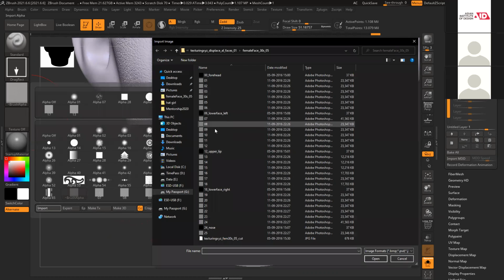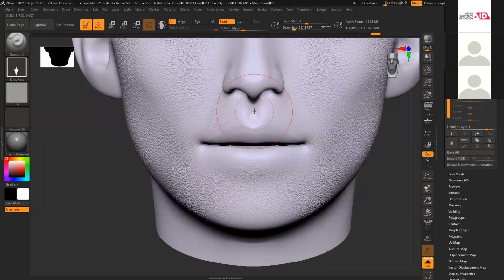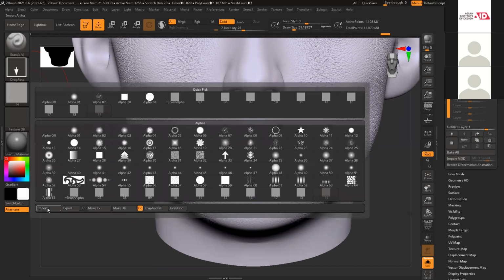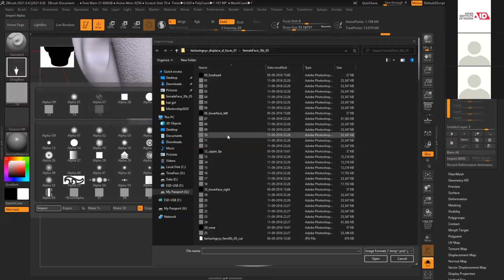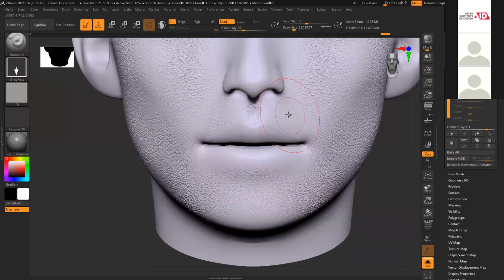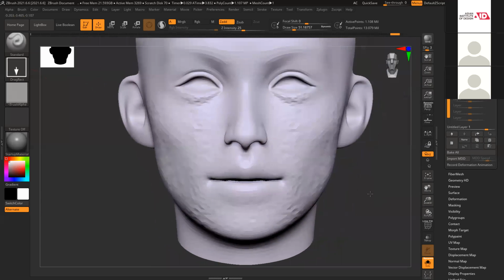Then number 14, center. Number 15, I believe. 15. So you can see most of the skin details are coming together.